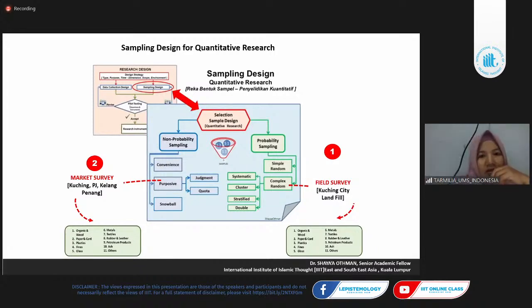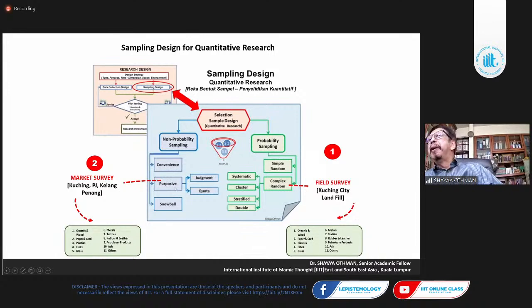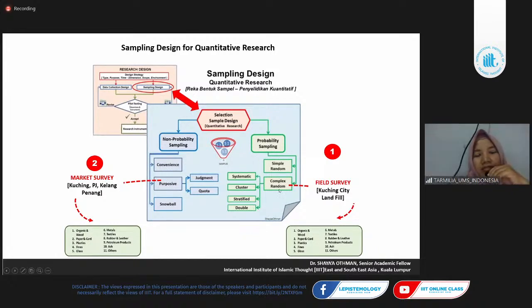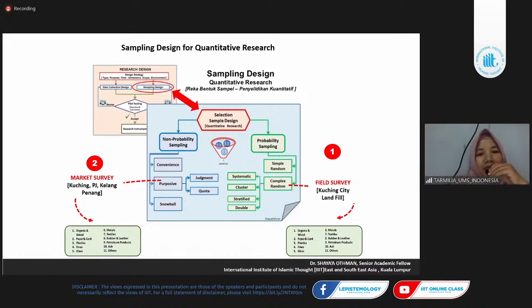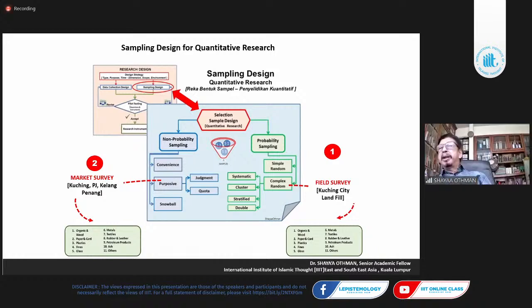Me, sir. Please. Sister Tamilia, yes, please share your question. Yes, sorry? Okay. So purposive sampling could be quantitative research too, not only qualitative research. Sorry, I cannot hear carefully. I'm sorry. Purposive sampling can belong to quantitative research too, not only qualitative research. You mean probability sampling, yeah? Yeah, purposive sampling.